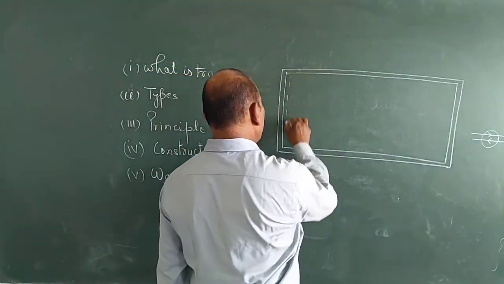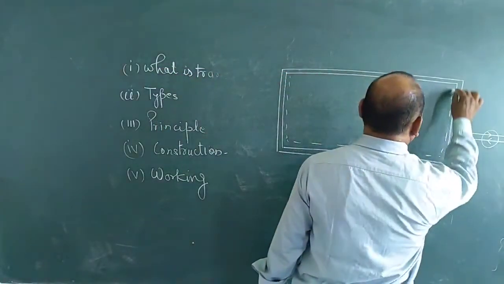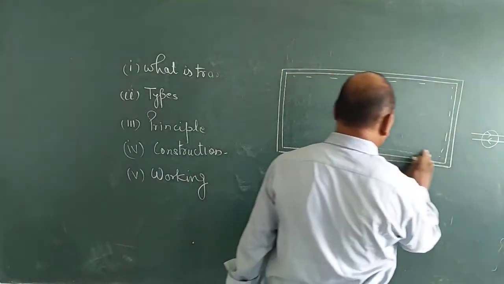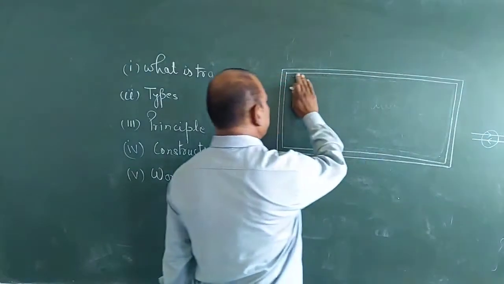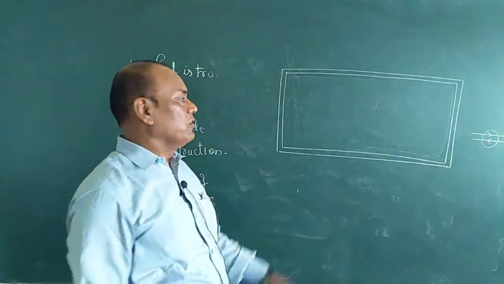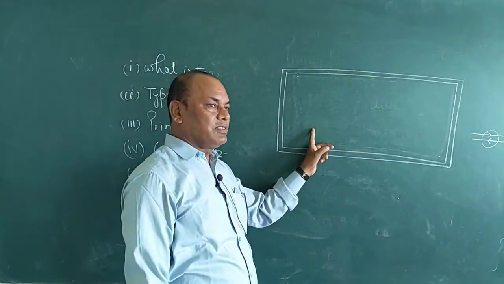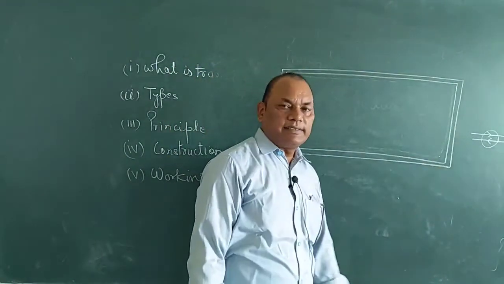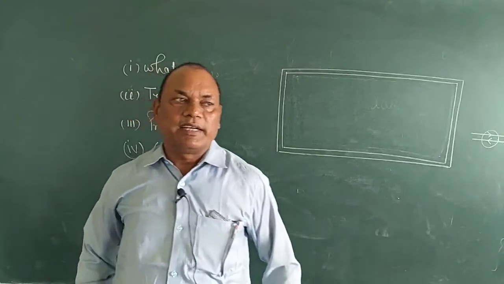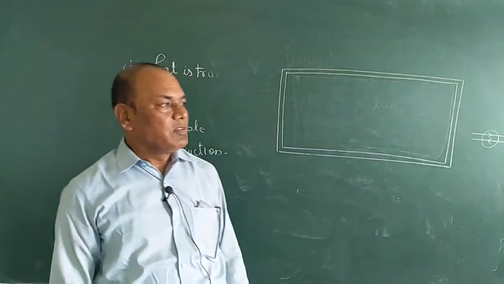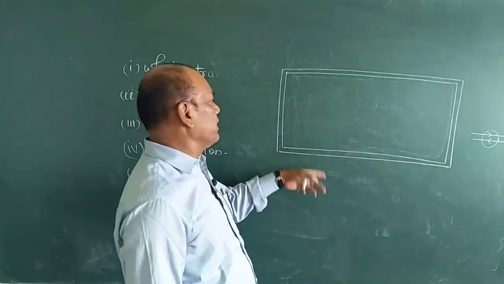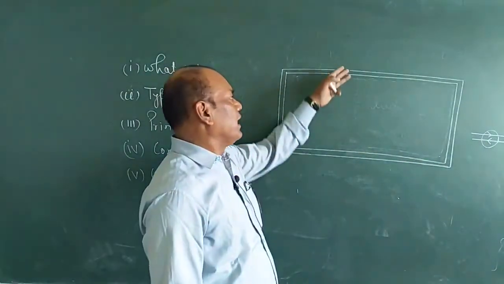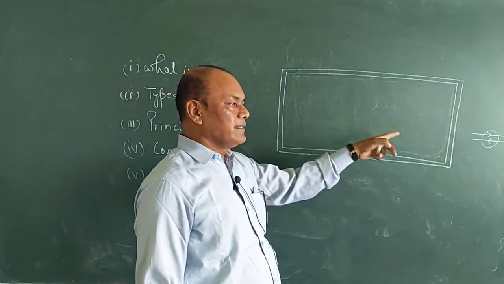Now this portion is cut out to make a hollow frame. When this inside portion is cut out from this collection of sheets, then it becomes a hollow iron frame. This hollow iron frame may be constructed in the form of a circle or in the form of a square. Now here there are two opposite sides, either on this side or on this side.